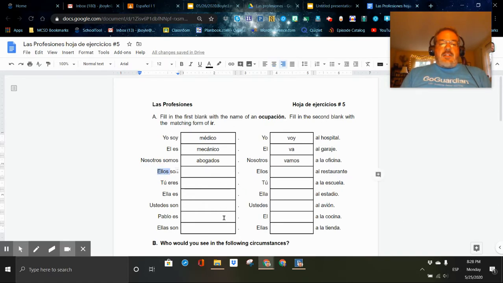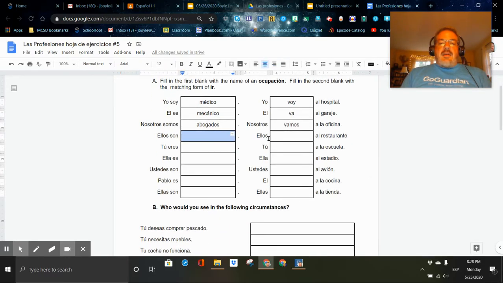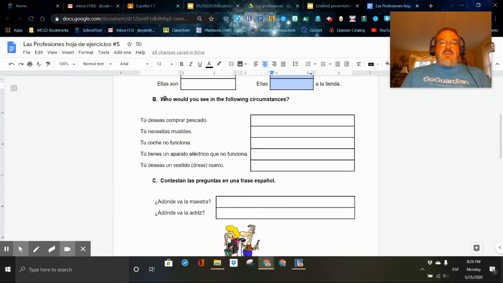And here, this is plural, so make sure this is plural. And they, you got to have the they form of the verb ir here. So pay attention to which ones are plural and which ones are singular. If they're plural, you just need to put an S on the end of this. If they're singular, you don't. Here, you have to find the correct form of the verb ir. Okay, what do you see in the following circumstances? I'm sorry, who would you see in the following circumstances? Well, this says you